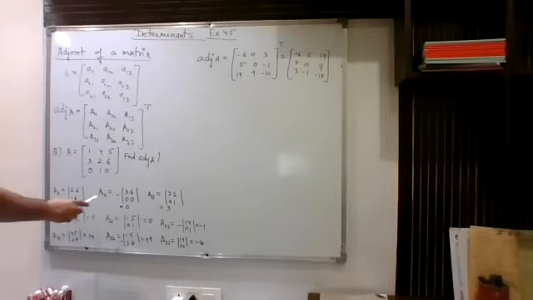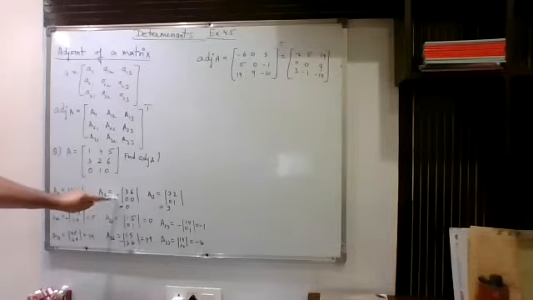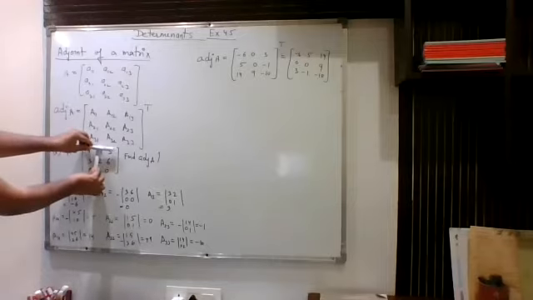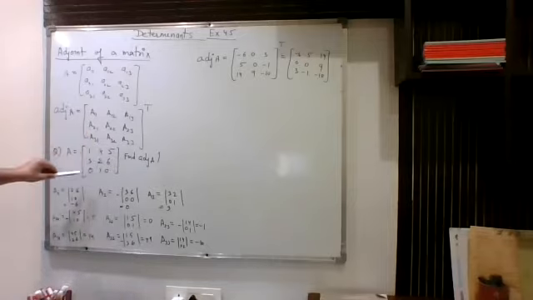Now next is A12. Now you know that the sum of the suffix 1 and 2 is odd, so that is why you have to write a minus sign. Now we are considering this element, so let us ignore its row and column. The resultant will be [3 6; 0 0], that we had written. After that we had done the calculation.